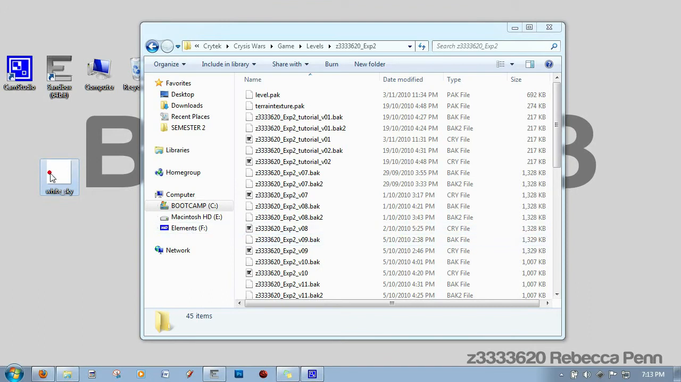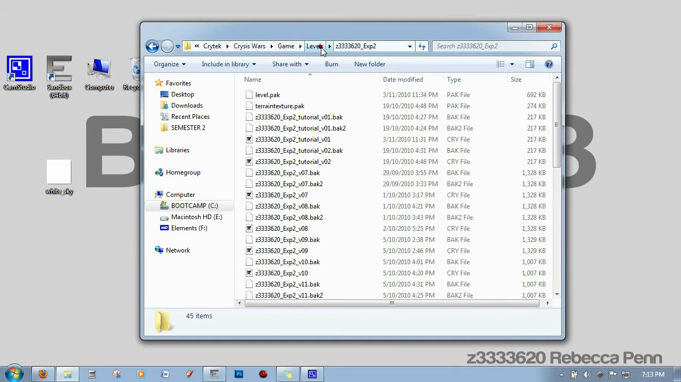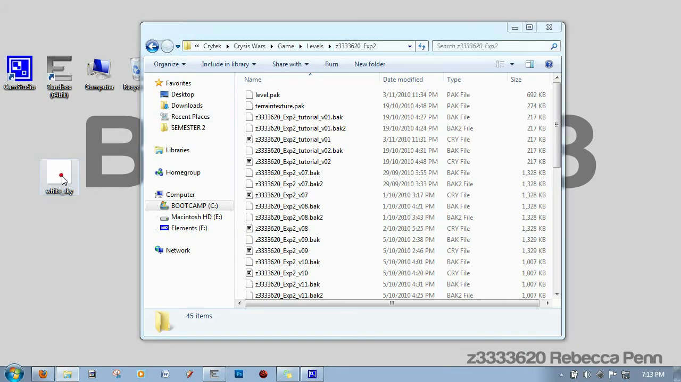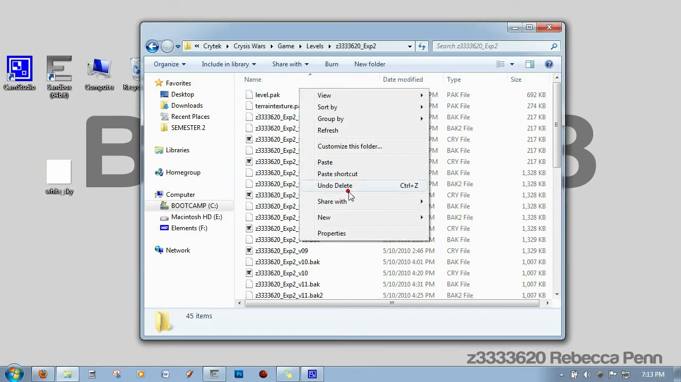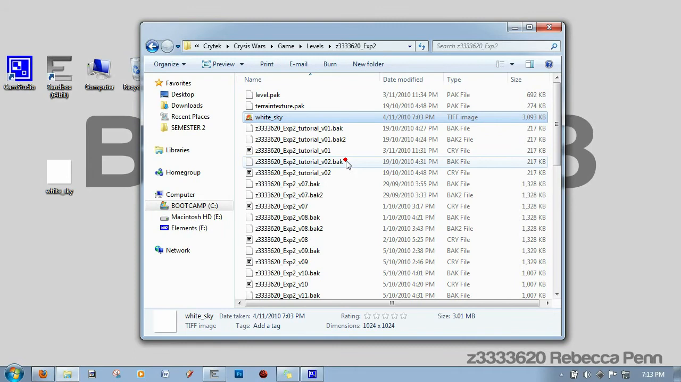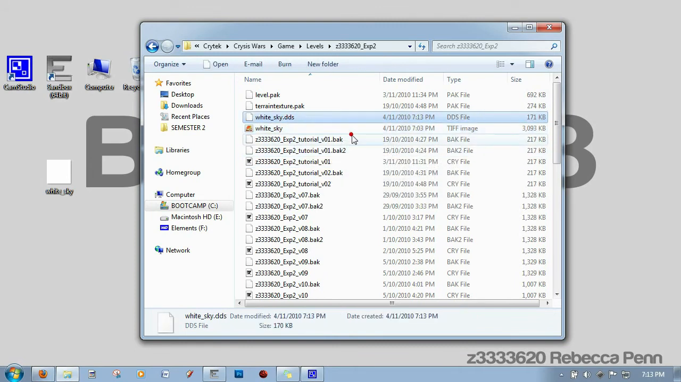Okay, so here's the white sky texture we've just made. And I'm now in my levels folder in Crysis Wars directory. And we need to copy and paste this white sky document into that folder, and you'll see that it automatically creates us a .dds version, and this is the file we need because that's the only file type that Crysis recognizes as a texture. So now we copy this,